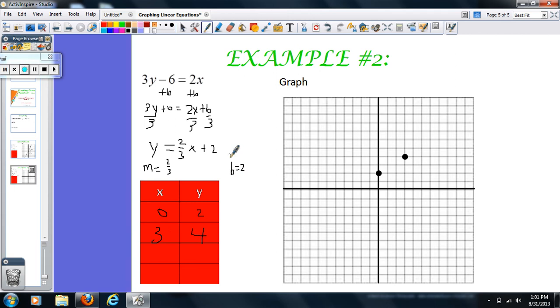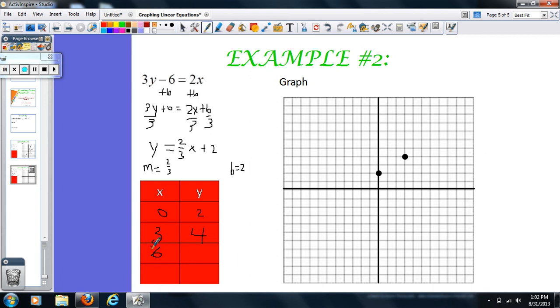Now let's go ahead for this one, and let's do something a little bit different. So this time we're going to pick a number. But when we pick a number, if I pick the number 1, I'm going to end up with a fraction, because 2/3 times 1 is 2/3. Plus 2, that means I'm going to have to add a fraction and a whole number, which is going to give me a fraction. So whenever you end up with a fraction with your x, I want to pick my numbers wisely. I want to pick numbers that are multiples of the denominator. So I would want to pick a number like 3, which we did here, or I'd want to pick a number like 6. So let's go ahead and pick the number 6 so that I can show you what I'm